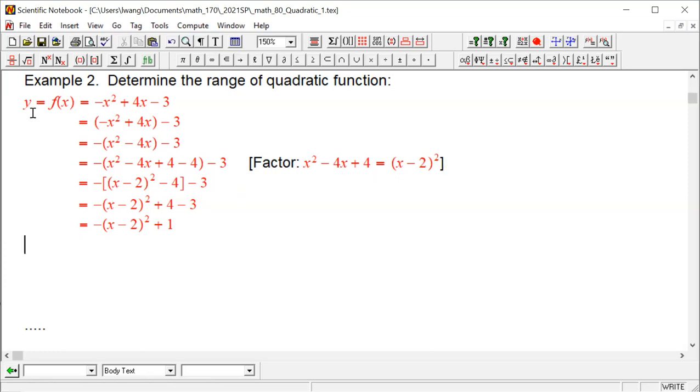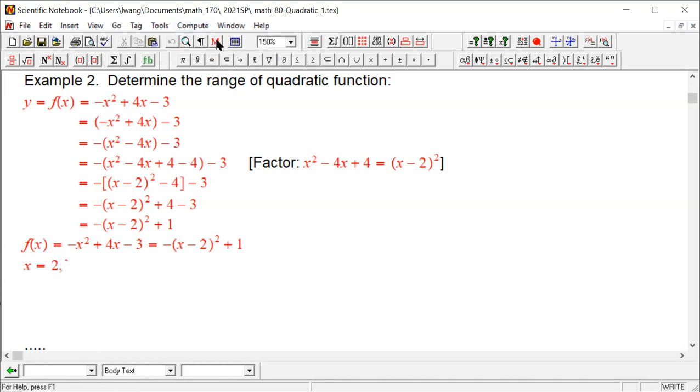So with this form given, we ended up with f of x equals negative x squared plus 4x minus 3. And there's another form which is equal to the given form. But in the latter form, we can identify the number to make the perfect square 0. And that number is 2. So when x equals 2,